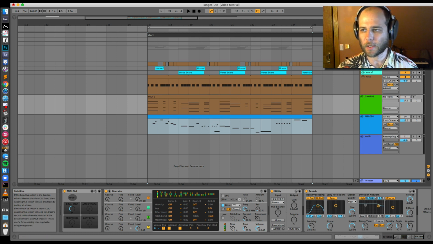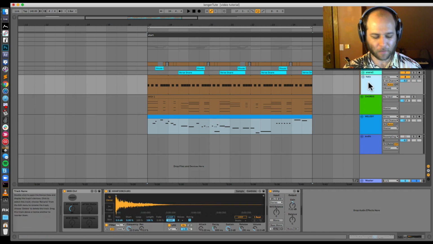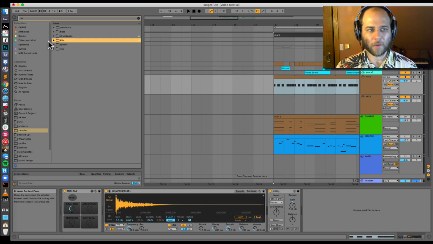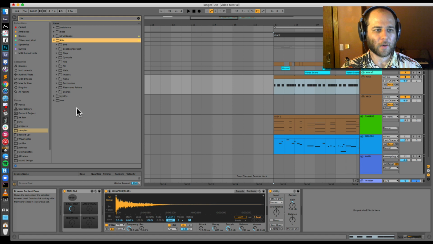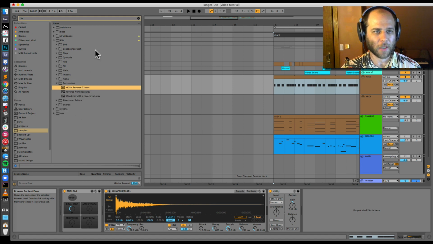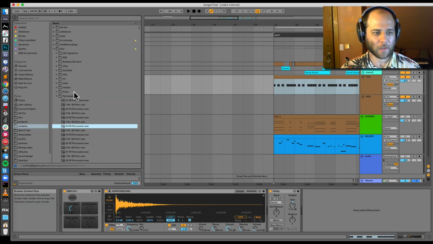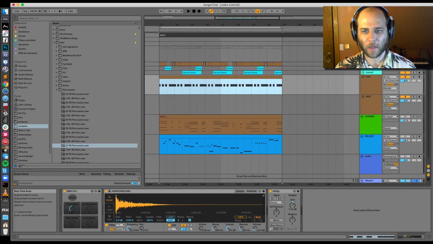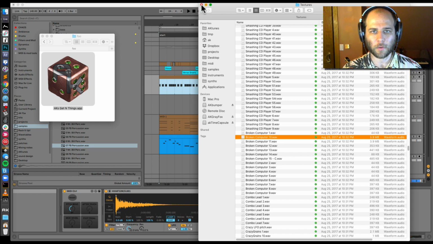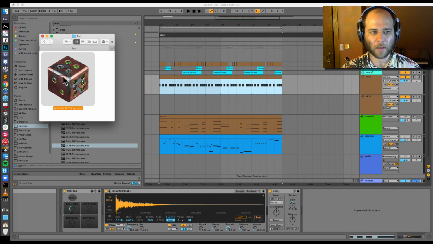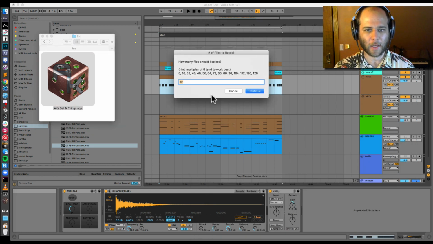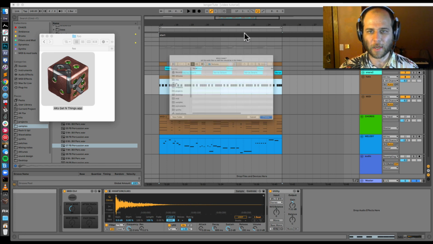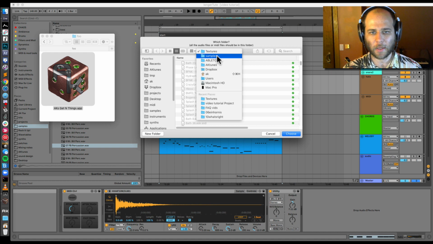Let's actually first add some more interest to our drums by making and adding some textures. Rather than going into my library and going into my kits and looking for some percussion samples and going through all of these different things and seeing if they fit, I'm going to do something a little more interesting using my wonderful plugin here. So let's tell our getEndThings device to get 112 different samples,